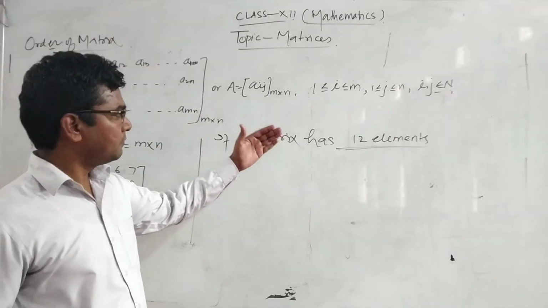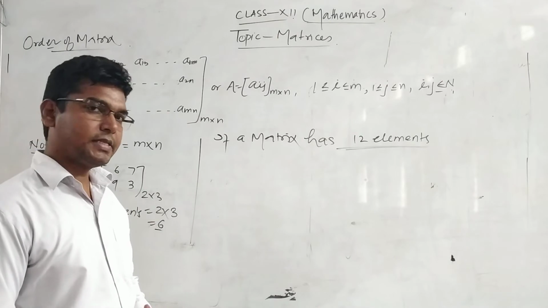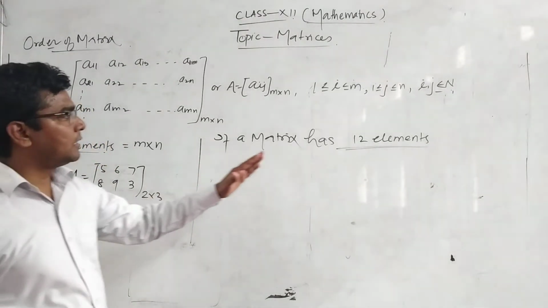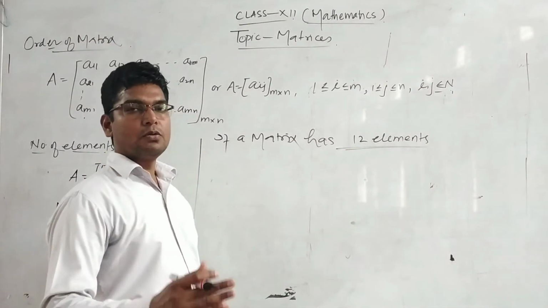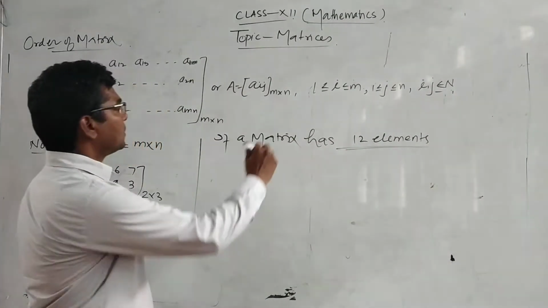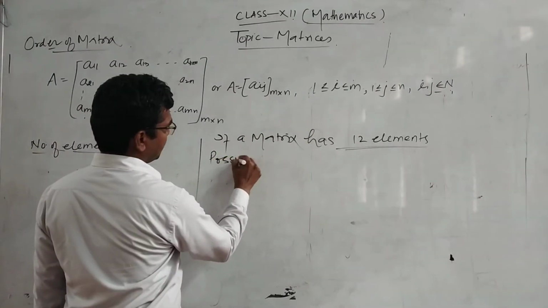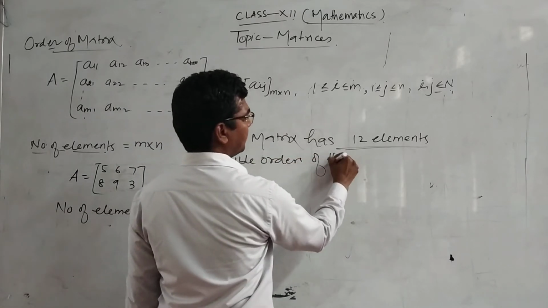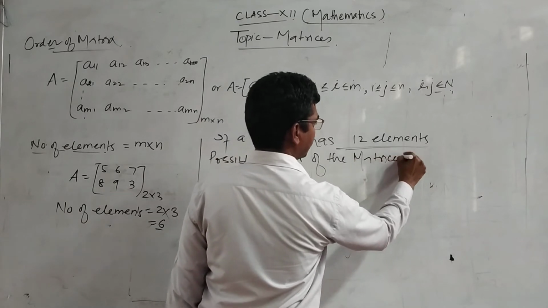Or using these 12 elements, how many different matrices can we form? It is very clear, because we know that the number of elements is nothing but the number of rows into the number of columns. So the possible orders of the matrices will be